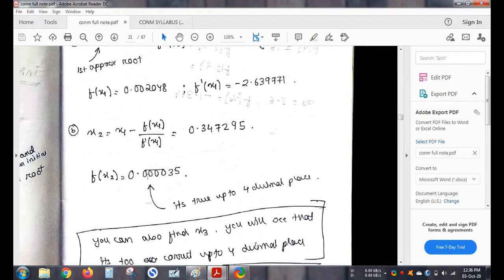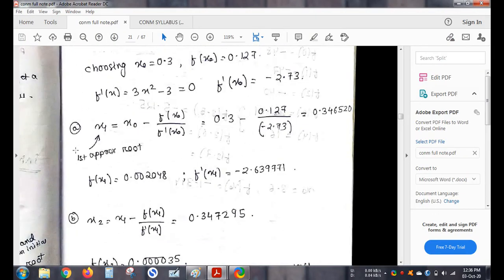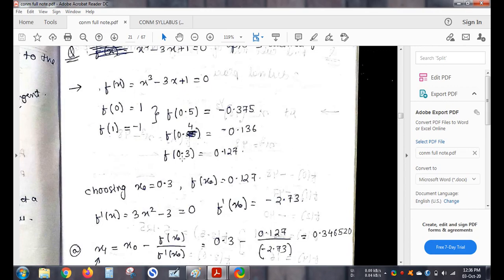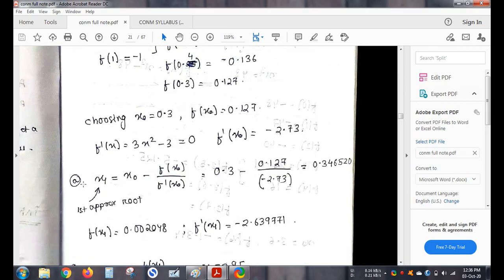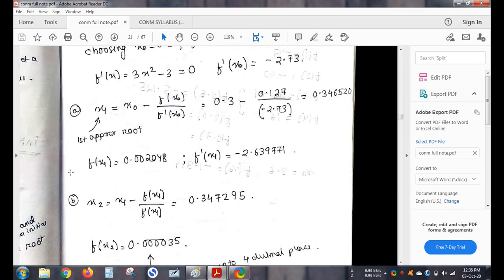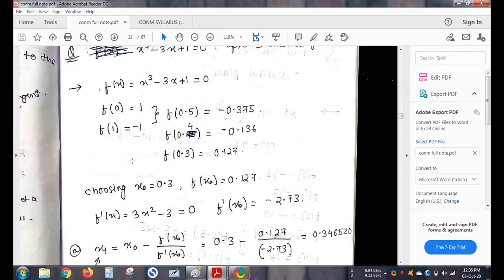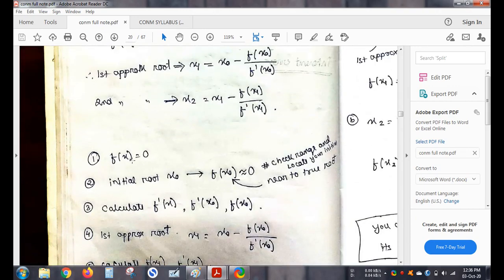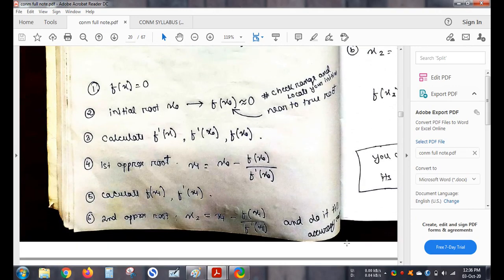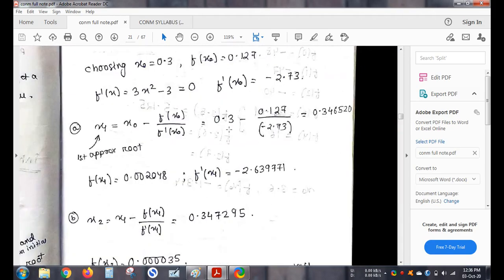सिंपल. As you can see, 4 decimal place चाहिए था, तो ये तो 4 decimal place तक 0 हो गया, तो उसके बाद और जितने भी करोगे वो छोटा ही होगा. So it converges. 2 लाइन में तुम्हारा आंसर आ गया. Now if in place of taking 0.3, क्योंकि वो near to the 0 था, if you had taken 0 and 1, in that case तुम्हारा ये जो convergence था वो थोड़ा ज्यादा लगता. Here I have done in 2 steps, where you might have required 3 or 4 steps or maybe 5 steps. फिर भी the convergence rate of NR method is far better than that of your other 2 methods. So this is NR method.